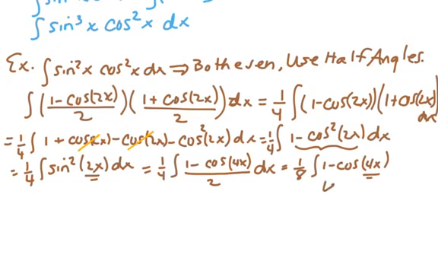Right, so I'll let u equal 4x, du equals 4 dx. So I have to multiply by 1/4, right? So in this case, I'm left with,